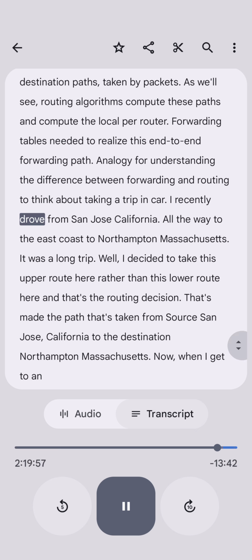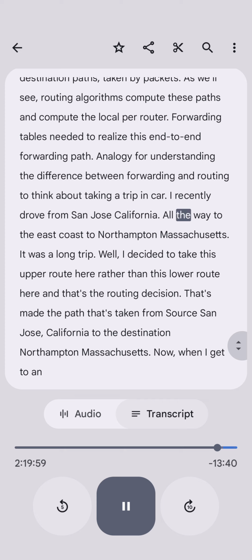A good analogy for understanding the difference between forwarding and routing is to think about taking a trip in a car. I recently drove from San Jose, California, all the way to the East Coast to Northampton, Massachusetts. It was a long trip. Well, I decided to take this upper route here rather than this lower route here. And that's the routing decision that's made, the path that's taken from the source, San Jose, California, to the destination,